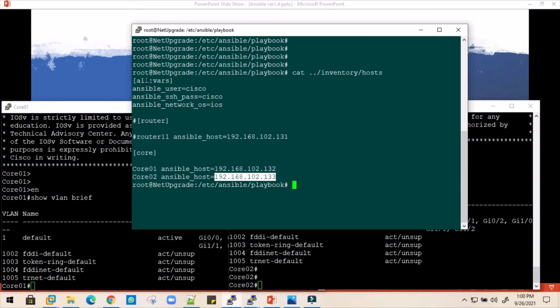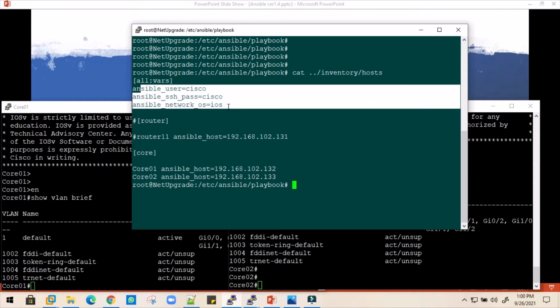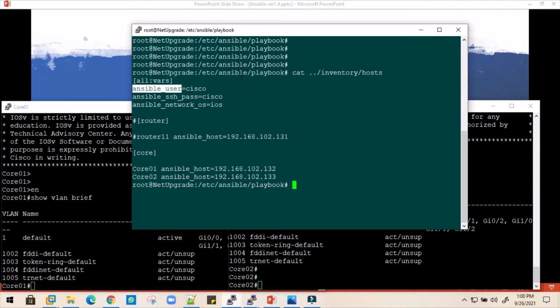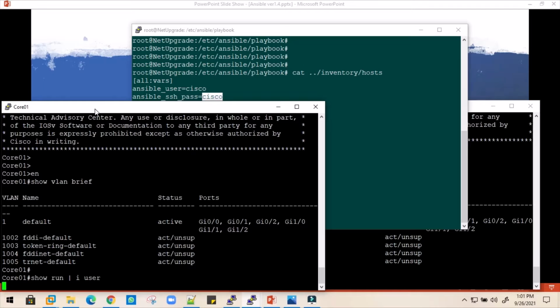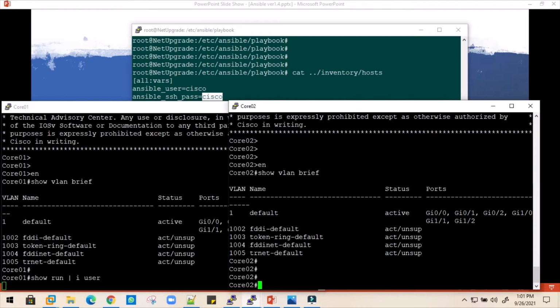You also see at the top some variables which say what the username will be when Ansible logs into the device and what password Ansible will use. We configured one username and password in our host file, which Ansible will pick up to jump into the device. Just ensure that this same username and password reside in your node file as well, and you must have SSH turned on in all of your devices.